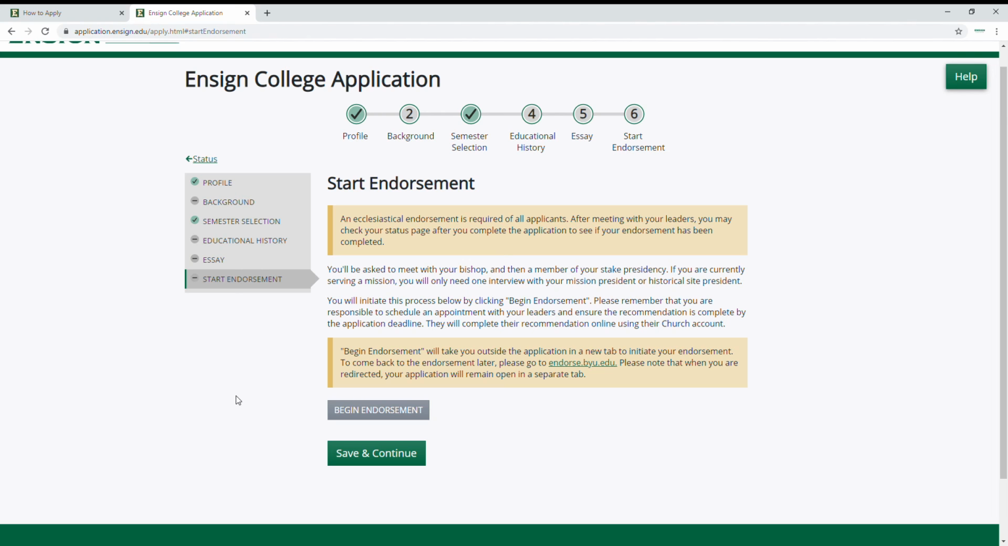Because we are sponsored by the Church of Jesus Christ of Latter-day Saints, you will need to do an ecclesiastical endorsement. It's a little bit different for members of the Church of Jesus Christ of Latter-day Saints and for non-members. For members, the process will go as follows. You will need to meet with your bishop for the first interview, and for the second interview, a member